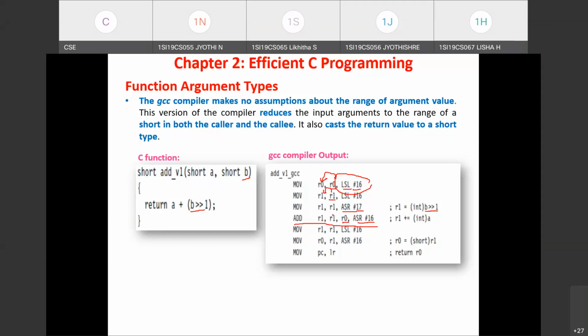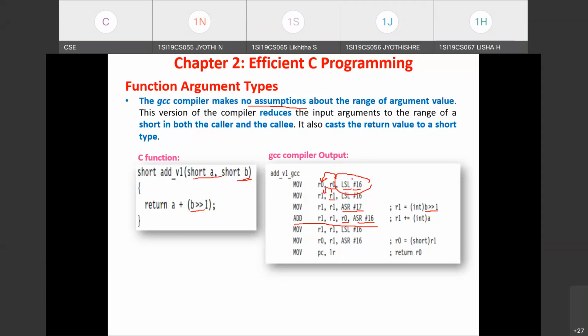That value is added with R1, and the result is stored in R1 register. See, here the GCC compiler is not making any assumption about the range of the argument value. So in the function definition, what you are observing is that the function argument values are being reduced to 16-bit range.